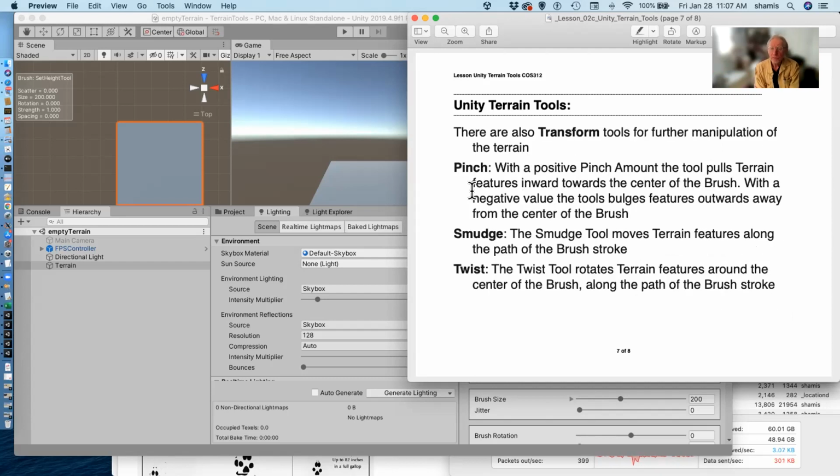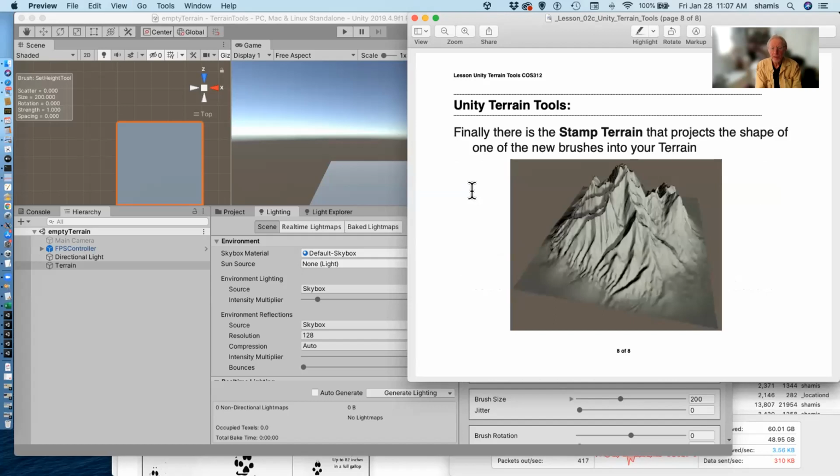There's some transform tools for pinching that lets you pull terrain towards the center of the brush or push it away from the brush. There's a smudge that lets you kind of blur it. And there's a twist that I have no idea what you would use it for. One I kind of like is the stamp terrain that just projects the shape of one of the brushes onto